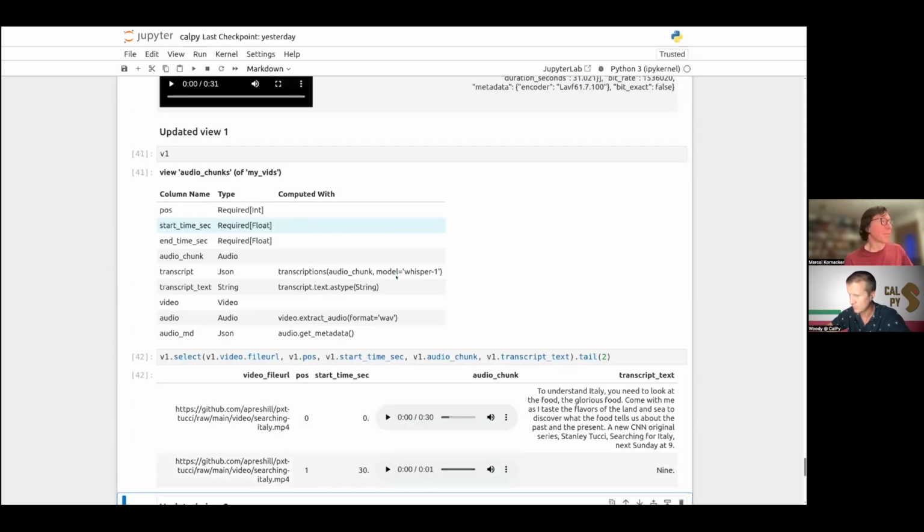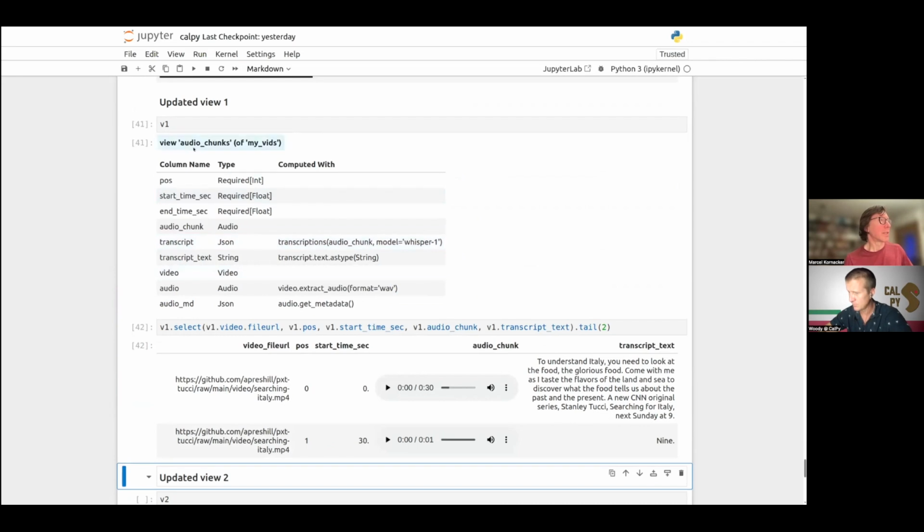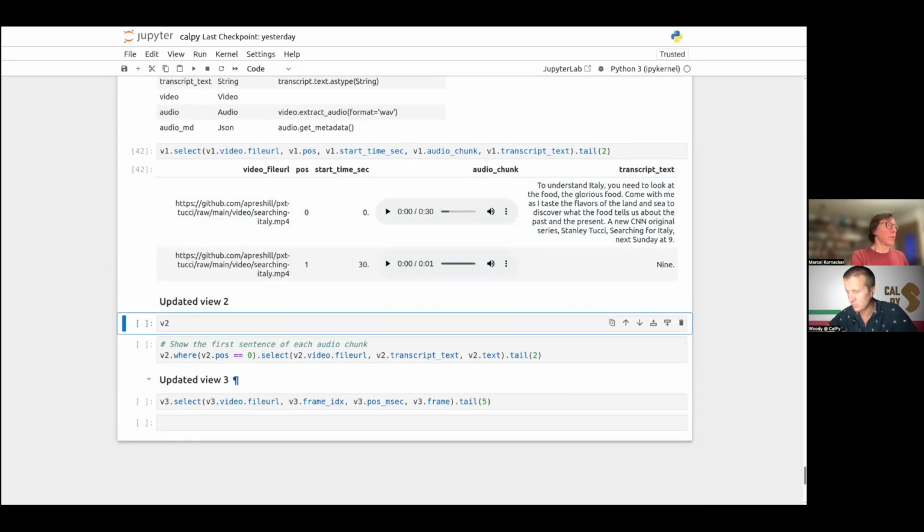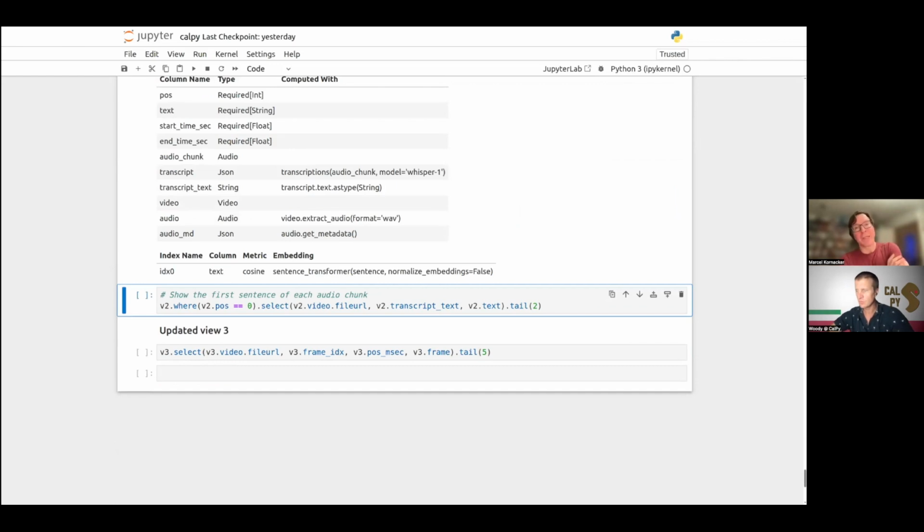When we look at view V1 with the audio chunks, at the file URL here, this is the new video that was just inserted, and you can now get the audio chunks out of here. It was exactly 31 seconds, so you have a 30-second chunk and a 1-second chunk, right? Here's the transcript text for that chunk. The same is true for view V2, which contains the sentence chunks of the transcript.